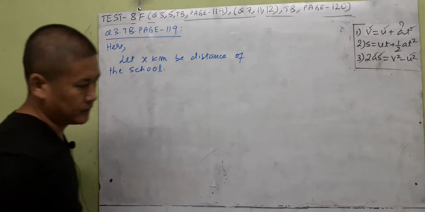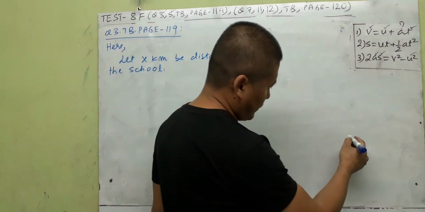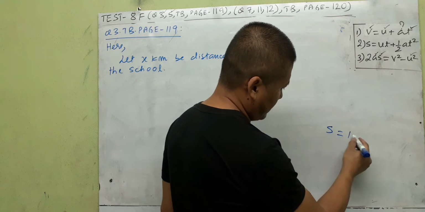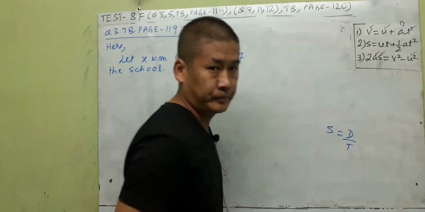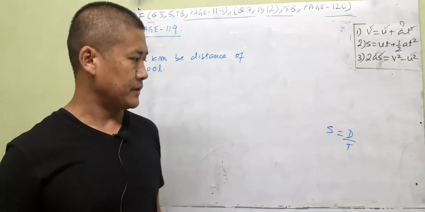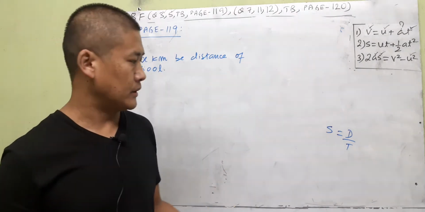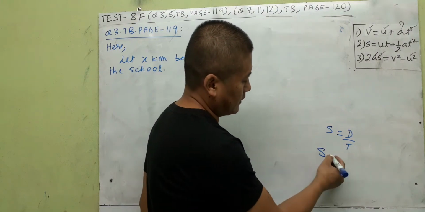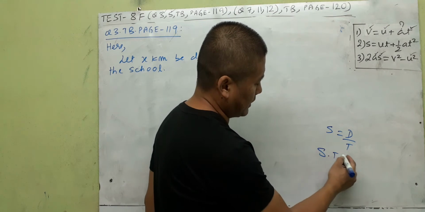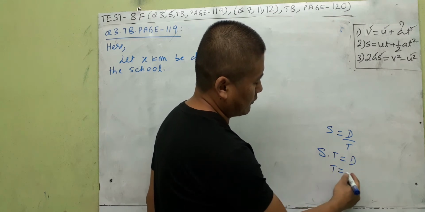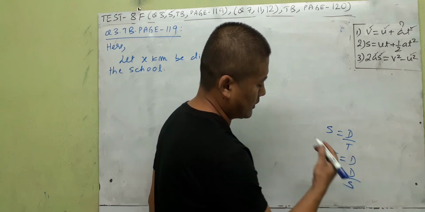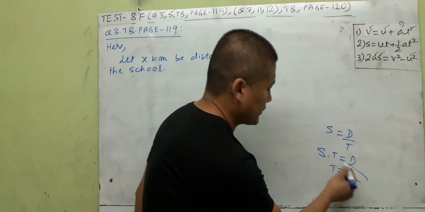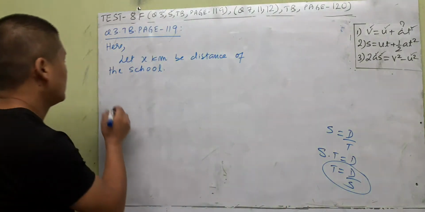So here, let us remember this one. We know that speed is equal to distance by time. We learned this in our previous classes when we were discussing speed and velocity. So if you shift this t to the left side, it will go up and multiply. And so time, we can write it as distance by speed. We're going to use this formula in this question. So here, therefore,